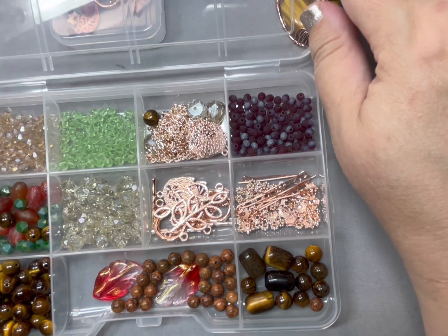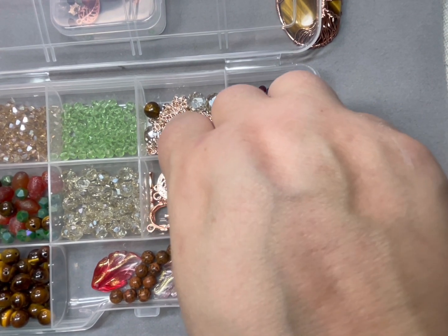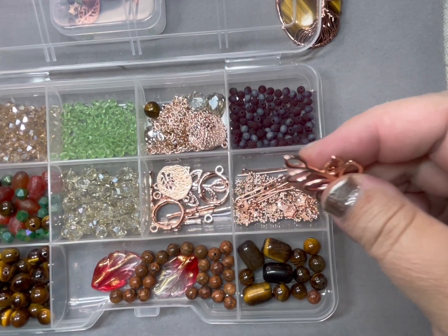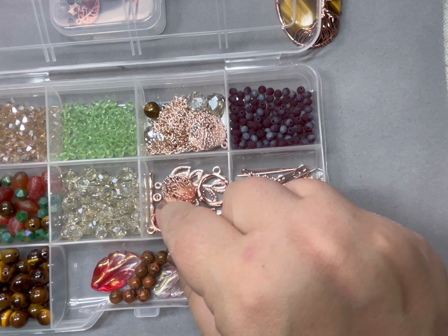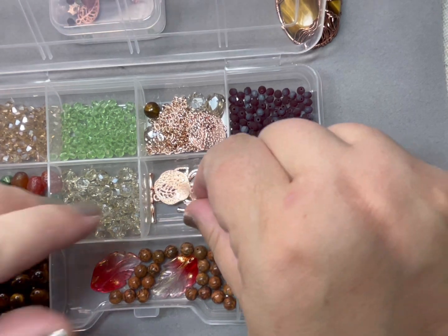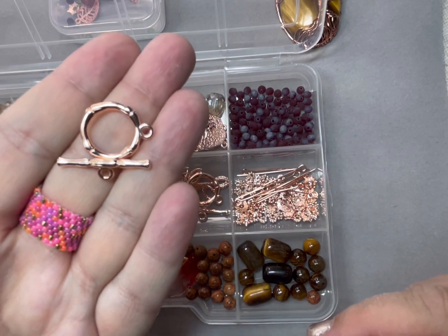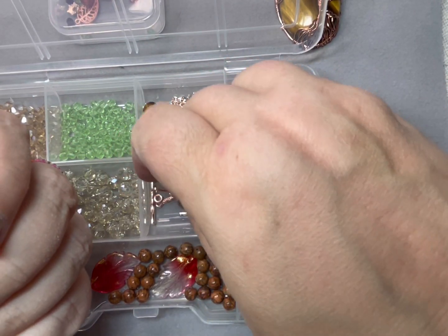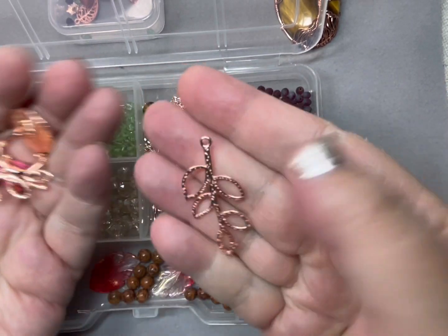The metals this month were rose gold. Now, I'm hearing a variety of things from people. People either really love rose gold or they don't. I like it. I think it's a pretty metal. We got a lot of toggle clasps. Those are going to be featured in our project, and also some really pretty charms